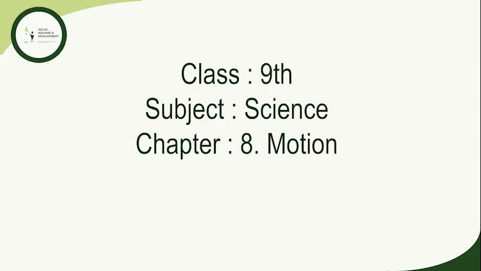So, hello everyone. Today we will discuss chapter number 8, that is motion. In our everyday life, we often see objects at rest and others in motion. We often perceive an object to be in motion when its position changes with respect to time. However, there are situations where motion is inferred through indirect evidence. For example, we infer motion of air by observing movement of dust, movement of leaves and branches of the tree which are moving. An object may appear to be in motion for one person and stationary to the other person.